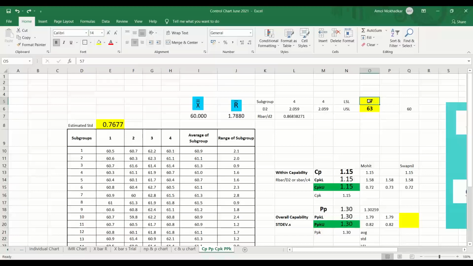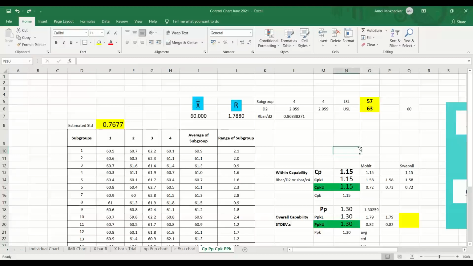Your customer has given you that the hardness should be between 57 to 63. How can you narrow it down? Or by increasing it, it will increase. If I make it 55 to 65, it will increase tremendously. It can increase, but that is not what is required. That is not what you can do. What else is there?